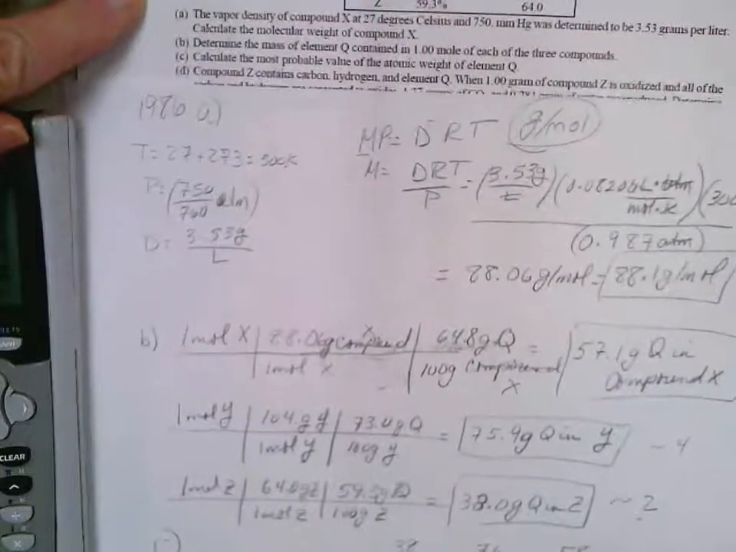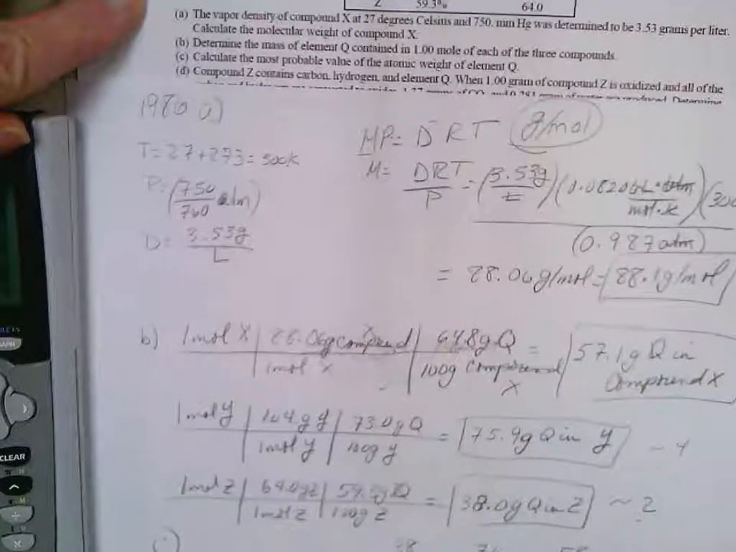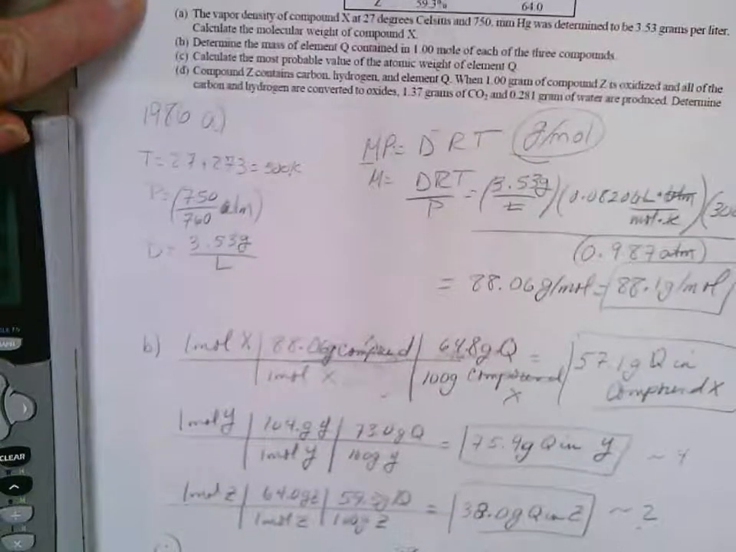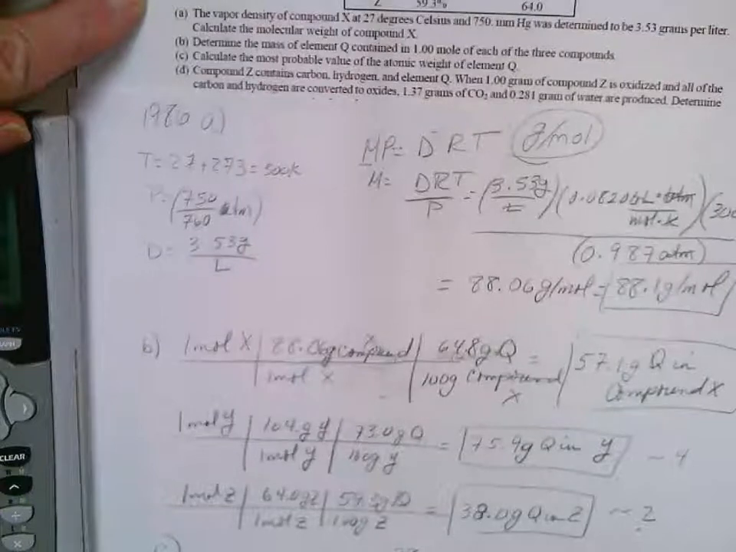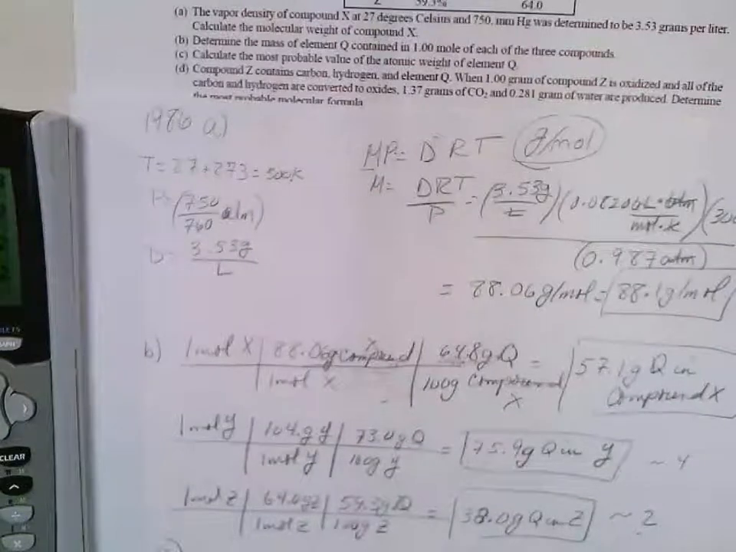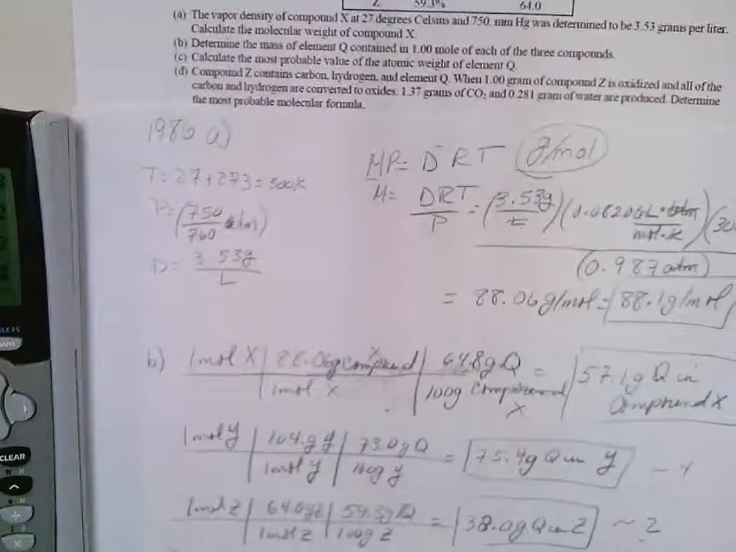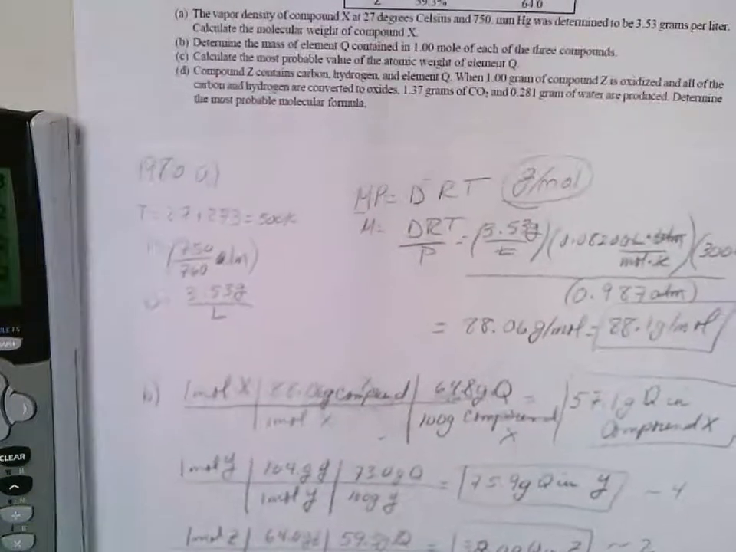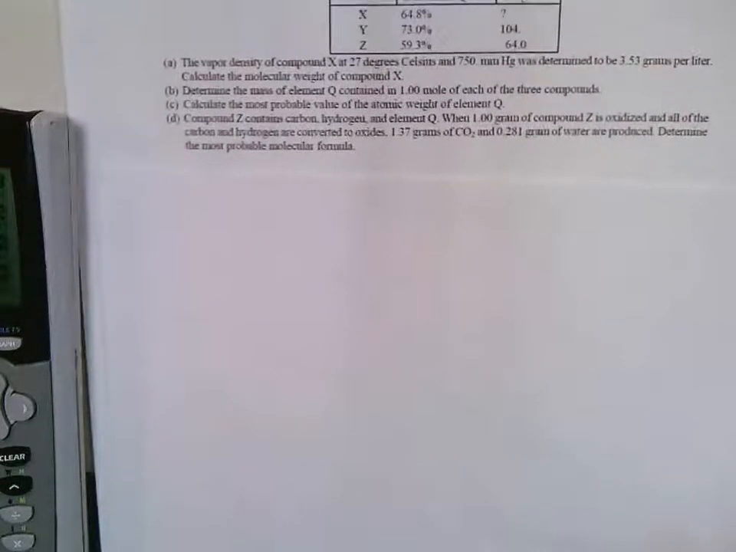And then it says compound Z contains carbon, hydrogen, and element Q. When 1 gram of the compound is oxidized, and all of the carbon and hydrogen were converted to oxides, 1.37 grams of carbon dioxide and 0.281 grams of water were produced. Determine the most probable molecular formula. So I'll just turn this over and start this out. So whenever you have one of these